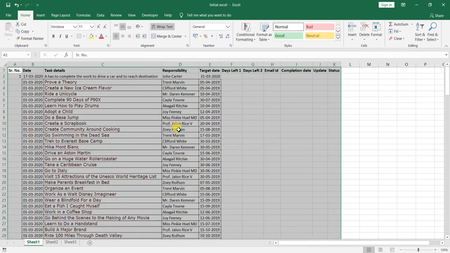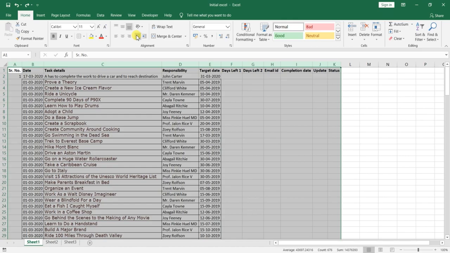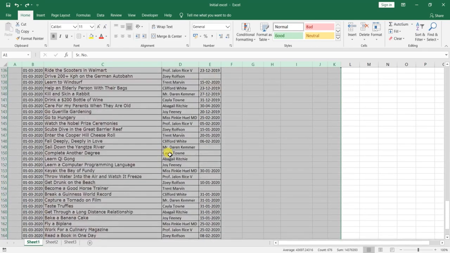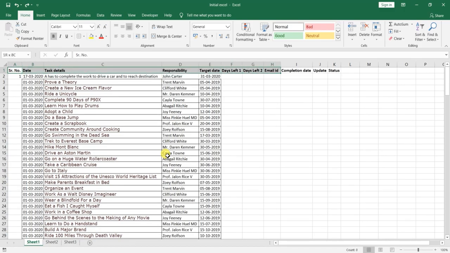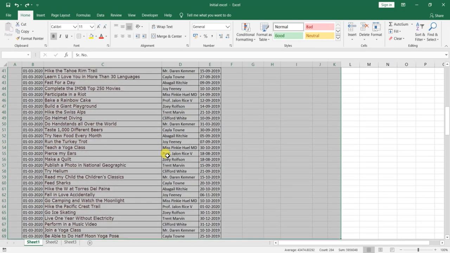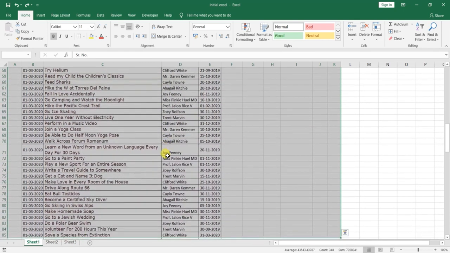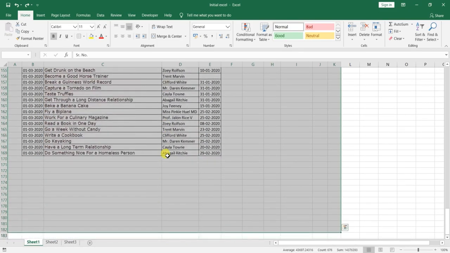Again, the second way I am going to teach you: press Control Z, and at the serial number, press Shift Control to go till the end. Again, by keeping Shift and Control pressed, press the down key to select till the end where the data is available, not the full Excel. Because in the serial number column 1 there is no data, it is automatically capturing till the end of the Excel. But by pressing Shift we have to select whatever table we want.